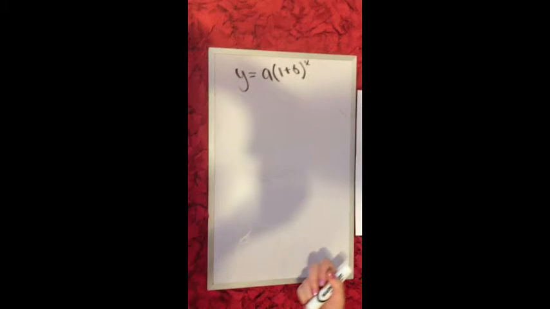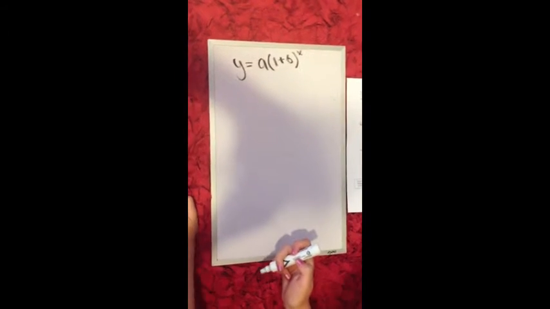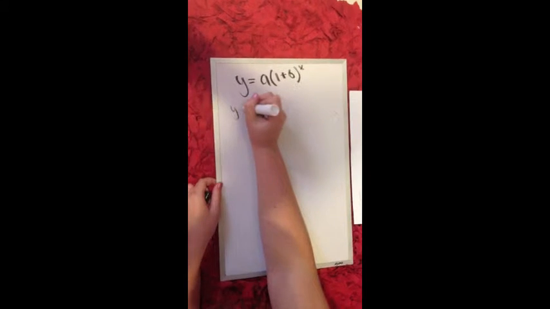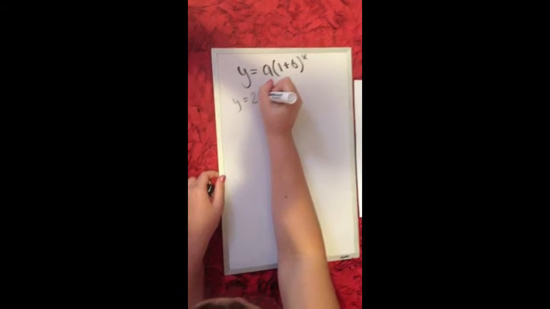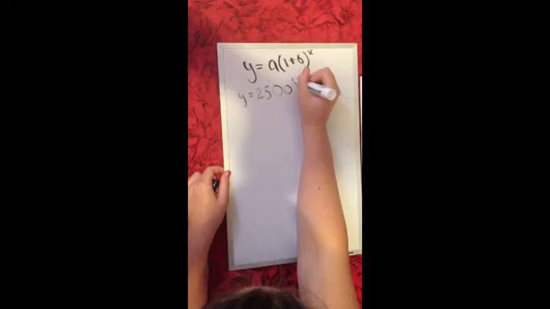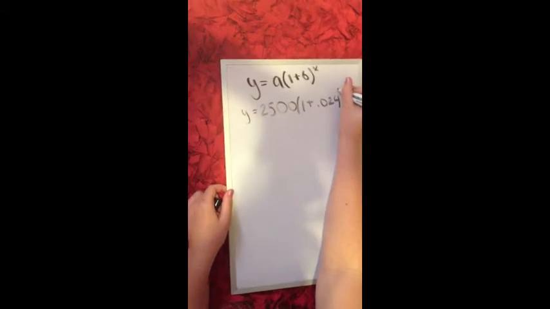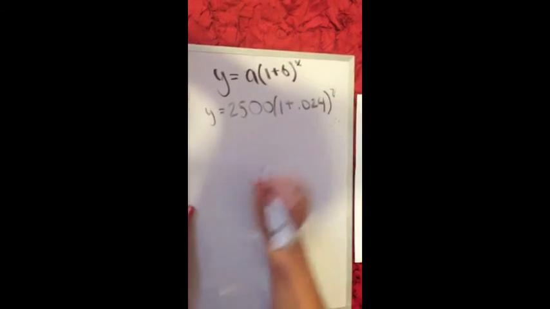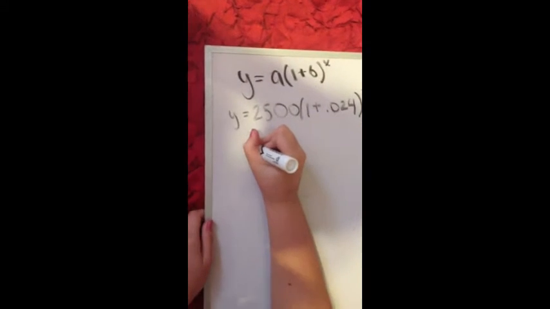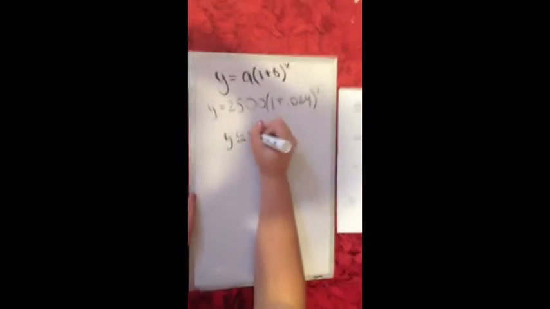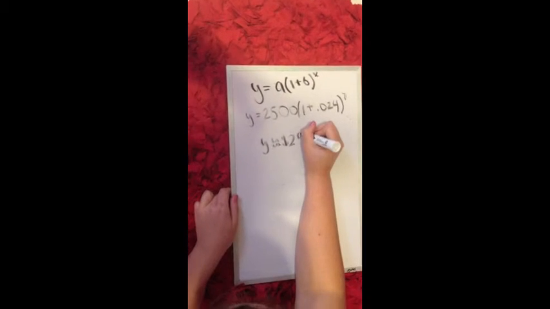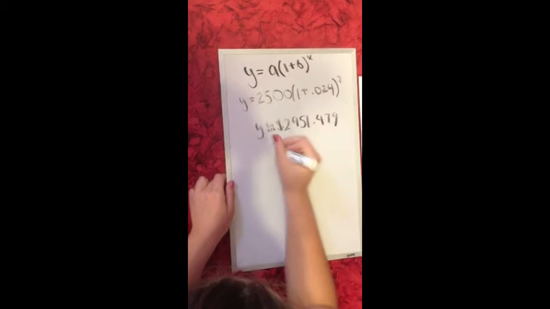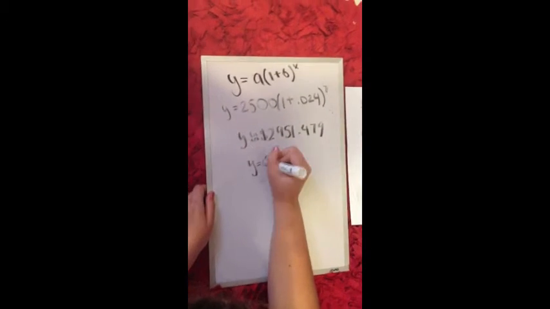So our first step is to plug in our information from the problem into this equation. We started off with $2,500, and our interest rate was 2.4%, and it says that we're checking the balance after 7 years. If you calculate this out, you get approximately $2,951.479, which we're going to round to approximately